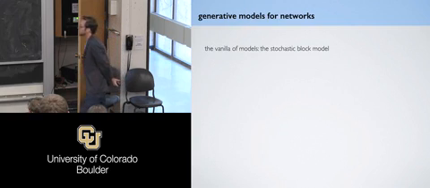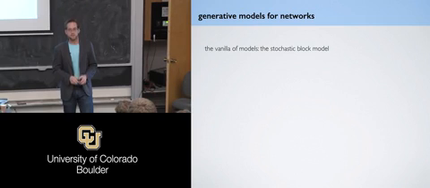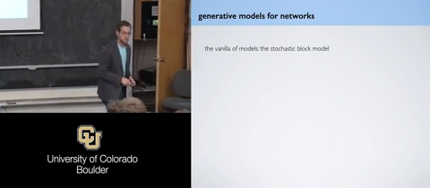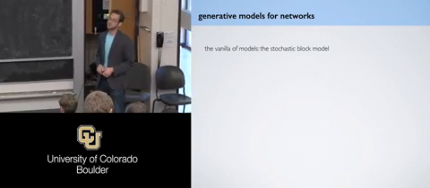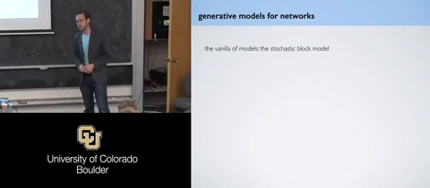OK. So now I'm going to give you an example of the vanilla version of these generative models for networks. This is called the stochastic block model. It was first invented in the 80s by a sociologist, in fact, and the mathematical sociological community worked with it for